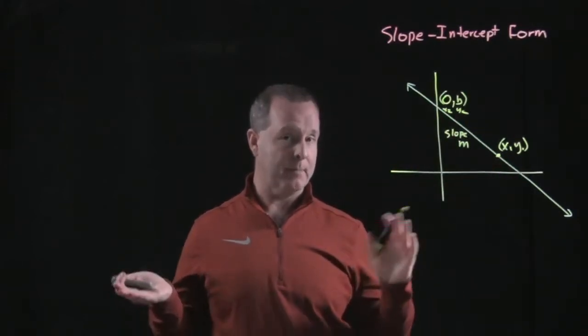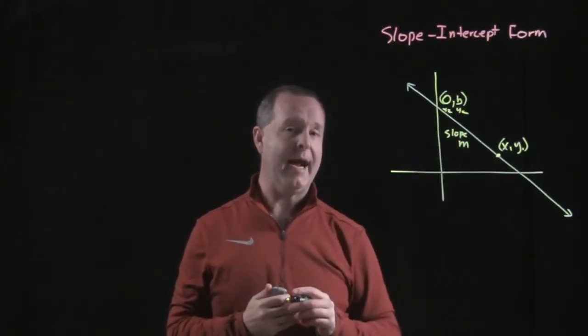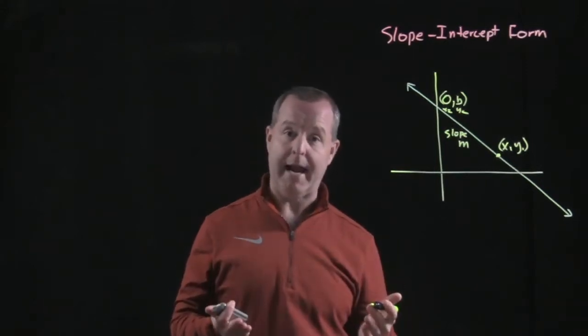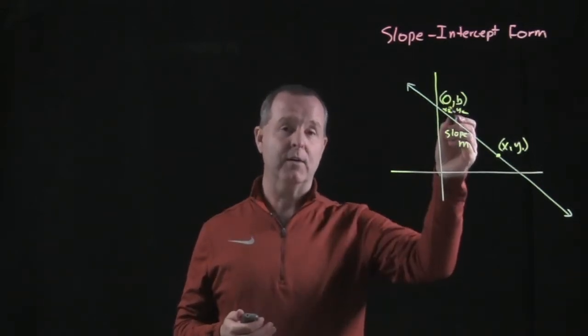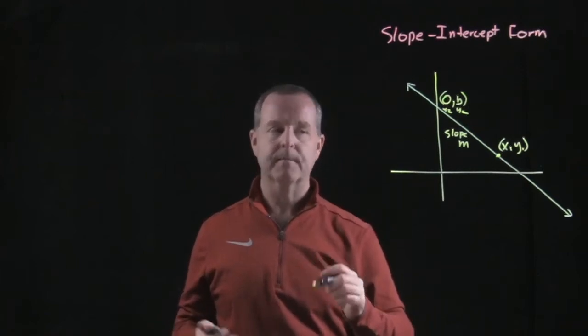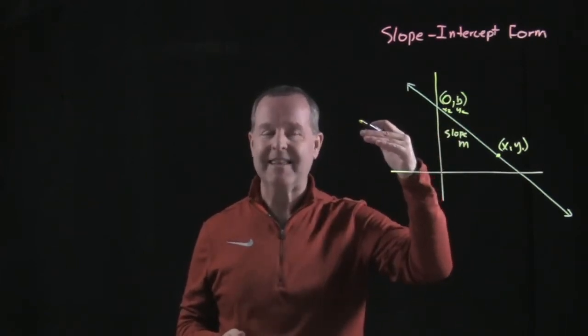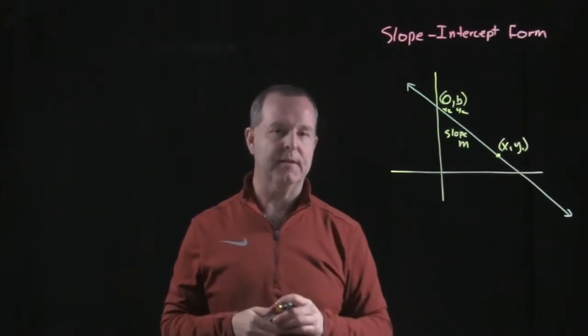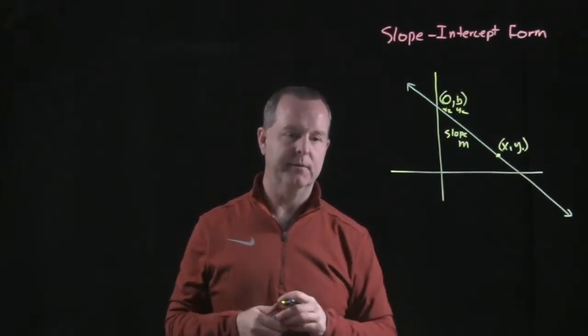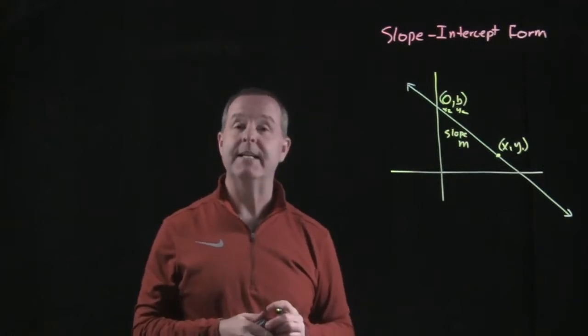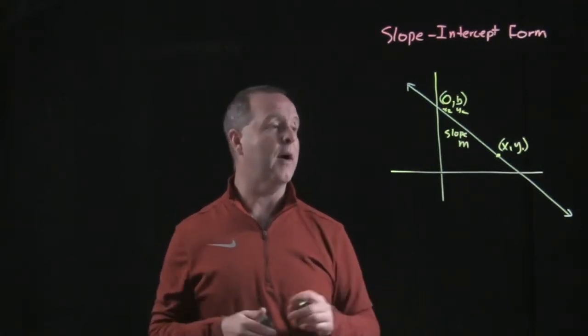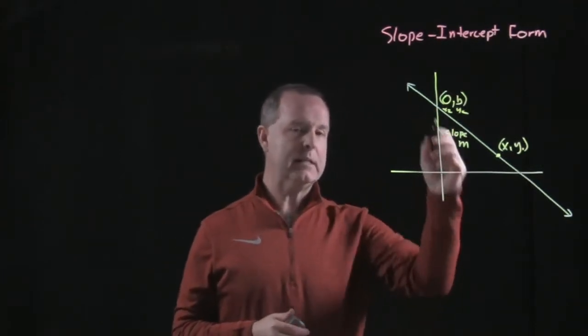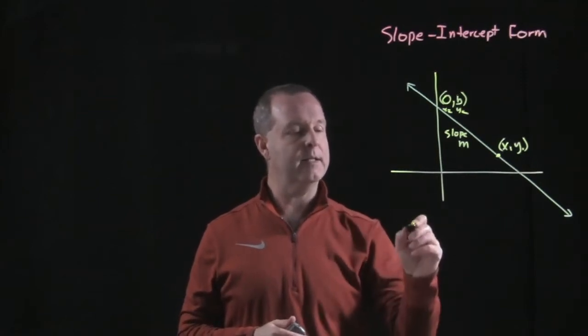Now every line except a vertical line will cross the y-axis. And when it crosses the y-axis, we know its x value is 0. And it's going to cross at some height that we've labeled b for some reason. I call it the starting point, which also doesn't start with a B, but that's kind of the designation the mathematicians from long ago have defined. So let's look at this and let's build off of it